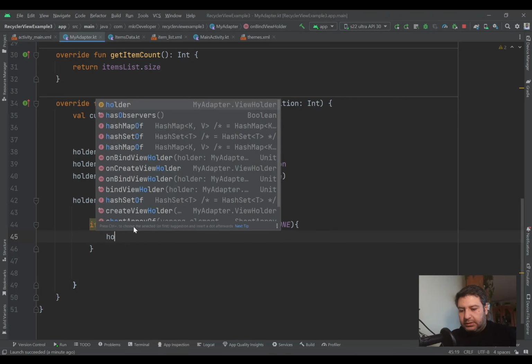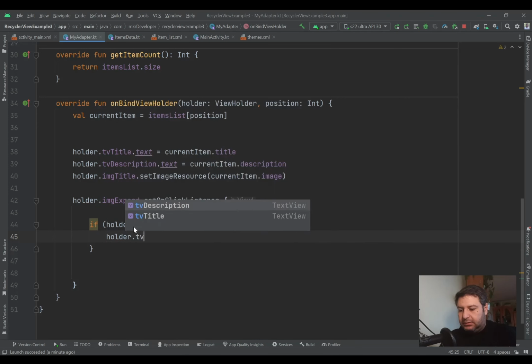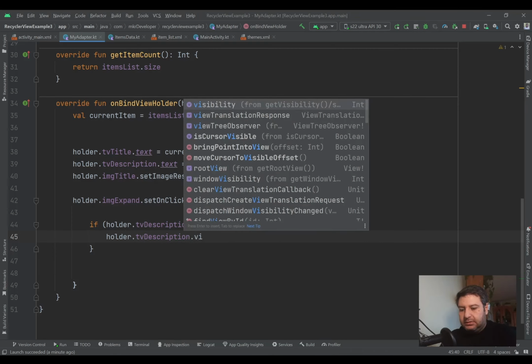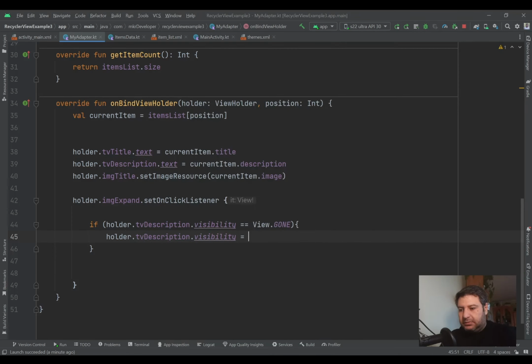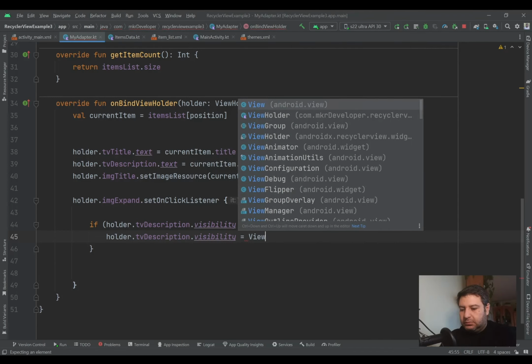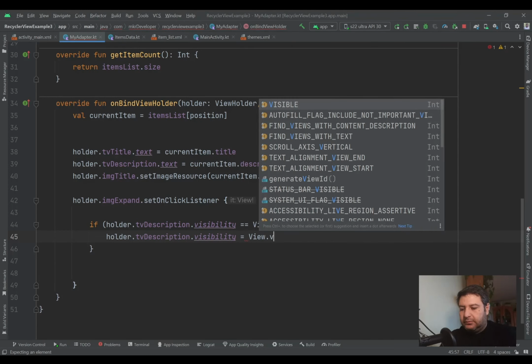So holder.tvDescription.visibility will be changed to View.VISIBLE,